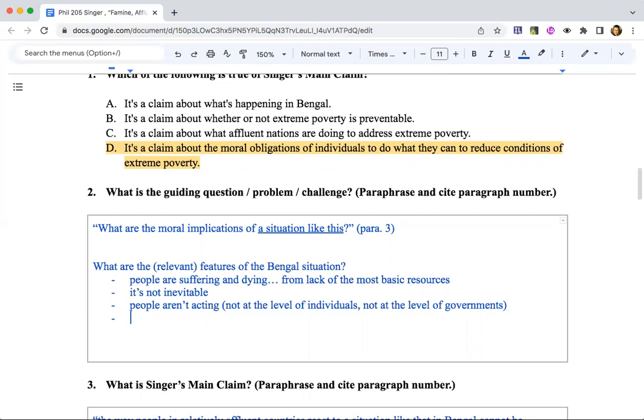This connects to it not being inevitable, making choices. Again, are we talking about individuals? Are we talking about the level of groups or governments? And even at the individual level, sometimes we'll use the word we throughout this. What should we do? And we can always stop and ask, who's we? Because people are different, not only in their choices, but in their capacities. We're going to get into those details, and they're certainly not irrelevant questions that will just get brushed under a rug. But the claim is that people are making choices